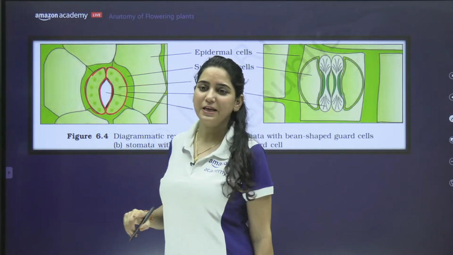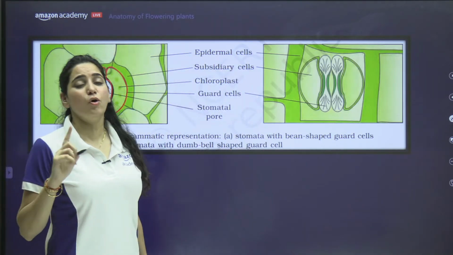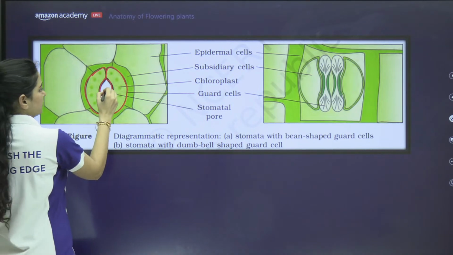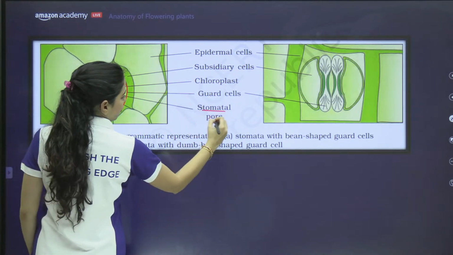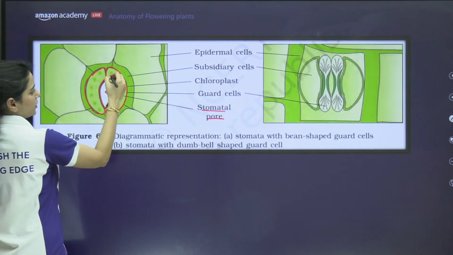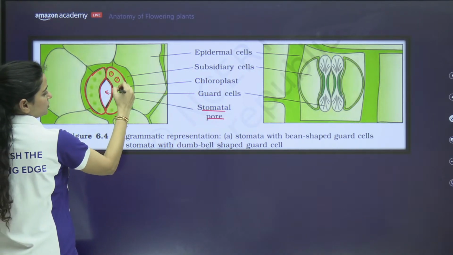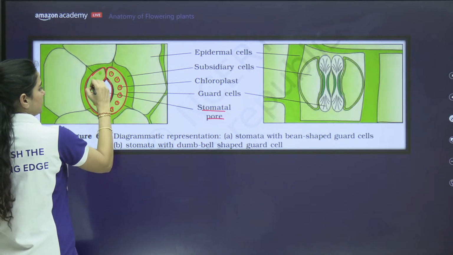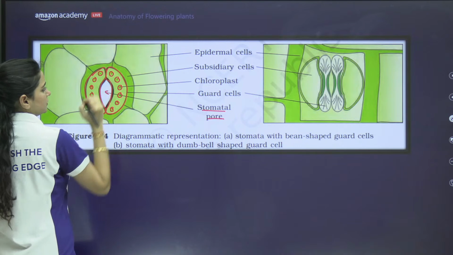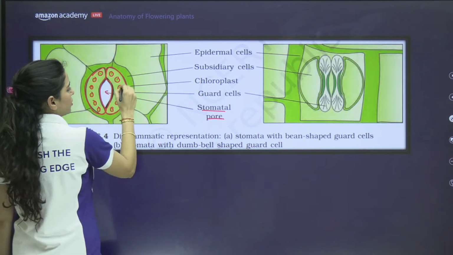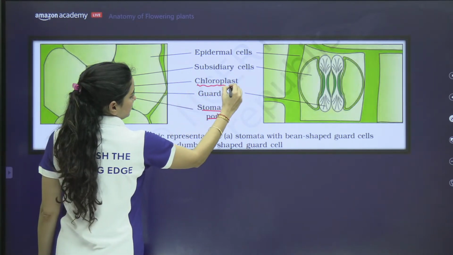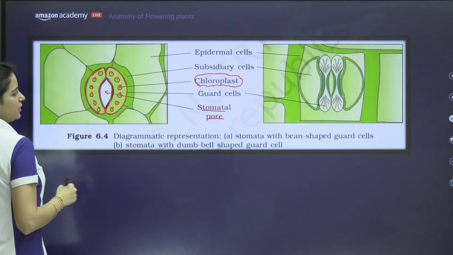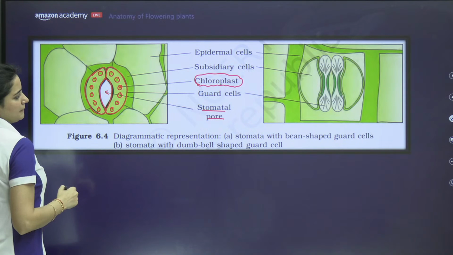Also, you will see that the guard cells also have chloroplast in it. So you see that this is stomatal pore, and here you see some dark green colored round structures. What are these? These are your chloroplasts. क्लोरोप्लास्ट भी है इनके अंदर, ठीक है।